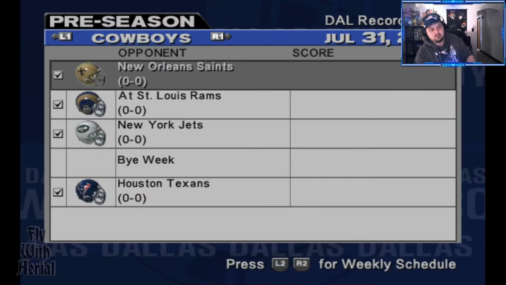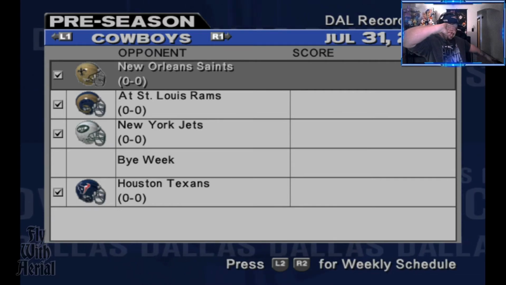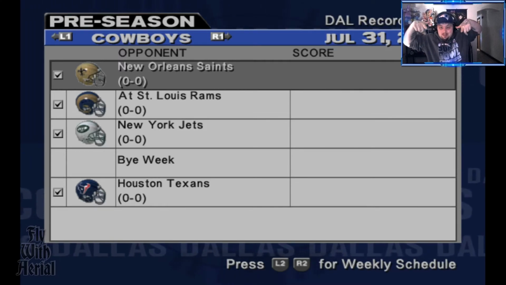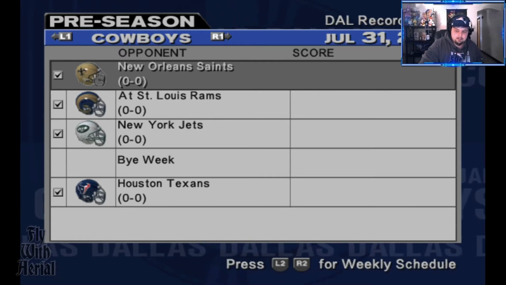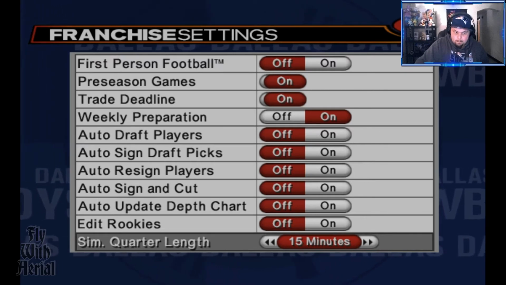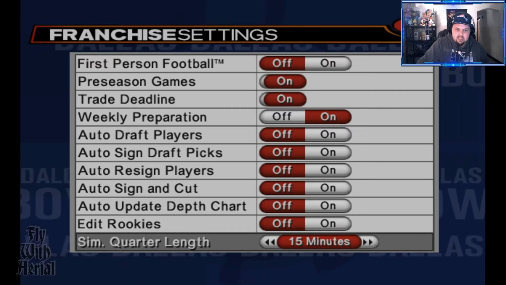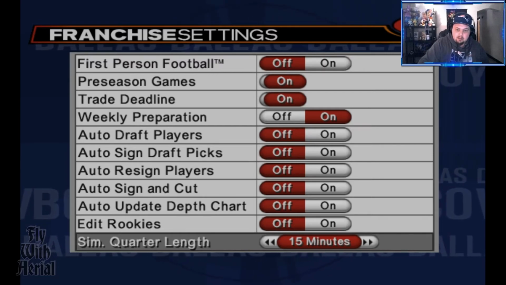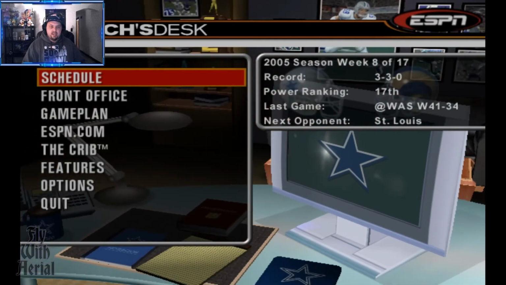All right, we're in year number 2. So, oh, jeez. I gotta do something about scouting, but all right. So, here's year number 2, and I will see you at the bye week of year number 2. I now understand why yardages were so low. Sim quarter length was not at the right setting, so I fixed that. On to year 2. So not as great of a